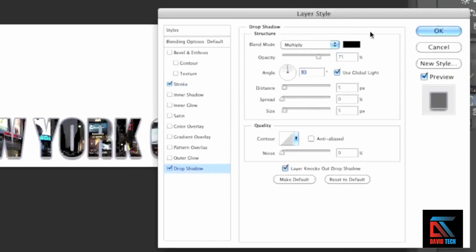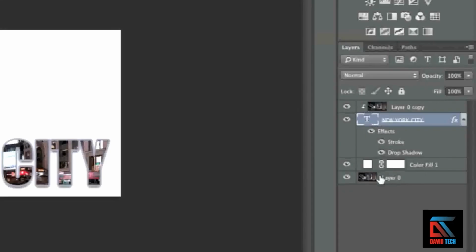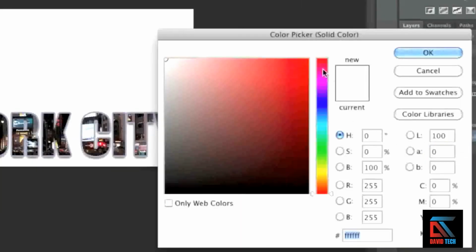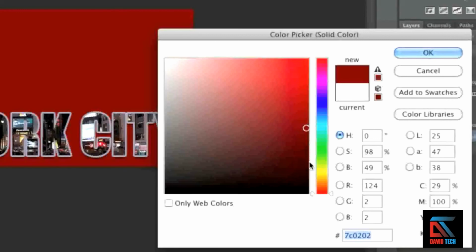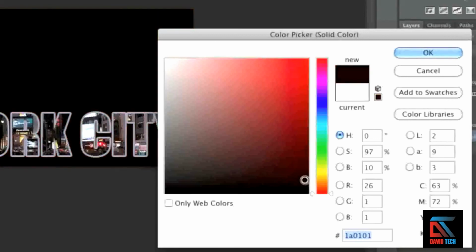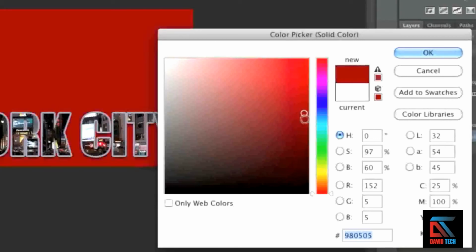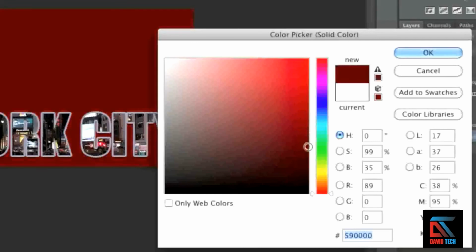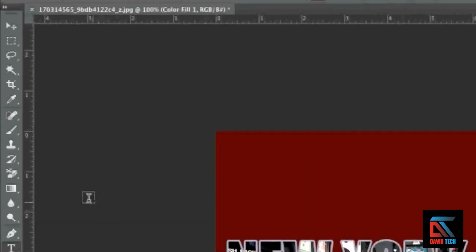and adjust the angle. And you can always change the background of your layer here at any time by simply clicking on this part of the layer here, and then simply choosing a color, like so. And then simply click on OK once you're happy. And you can always crop